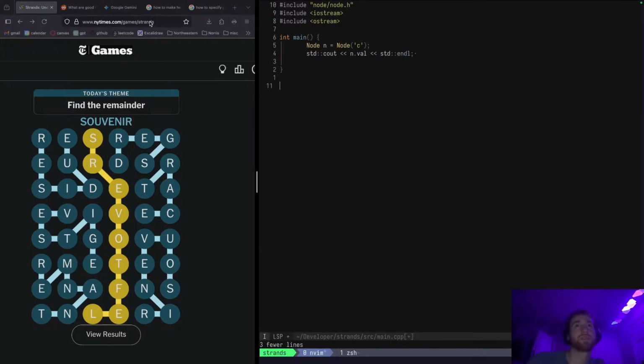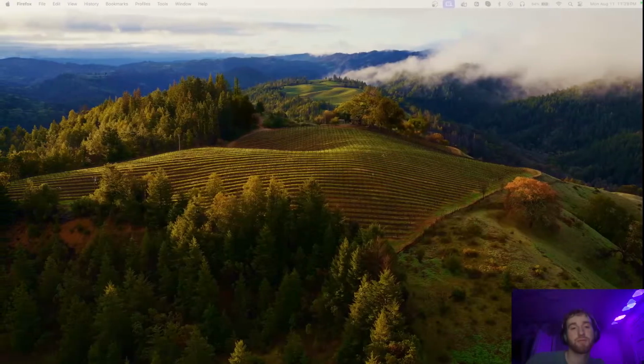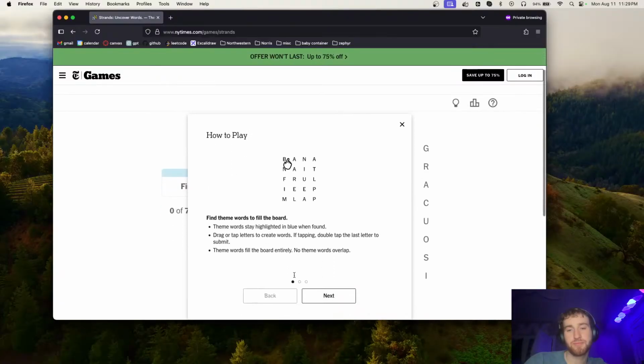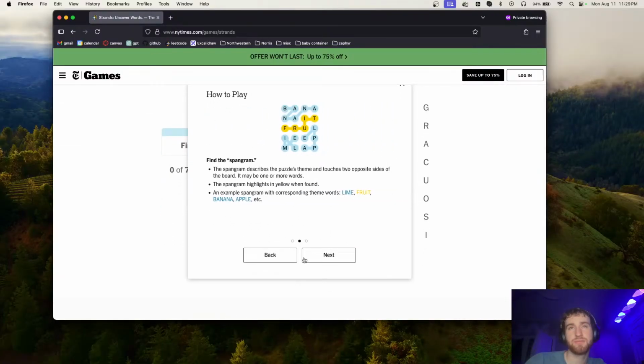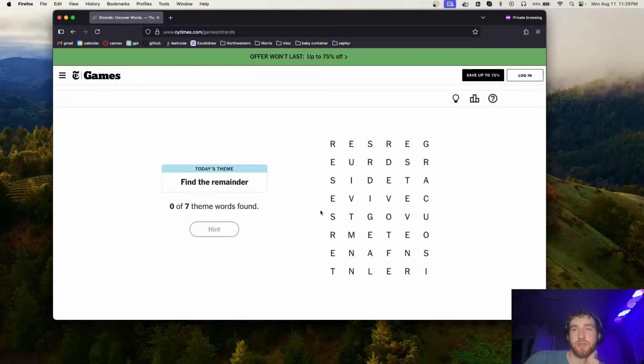Okay, how this game works is, here. I need to go in incognito so it doesn't save my answers. But I'll just read it from here. So there are theme words, and you can drag, and they don't overlap. And then there's one spanogram, which means it goes the whole thing. So if I'm dragging over these, if we have leftovers,